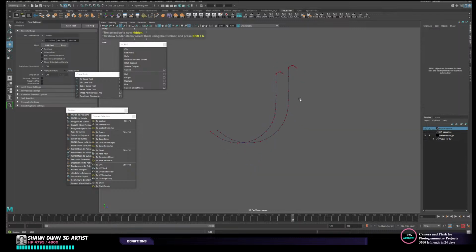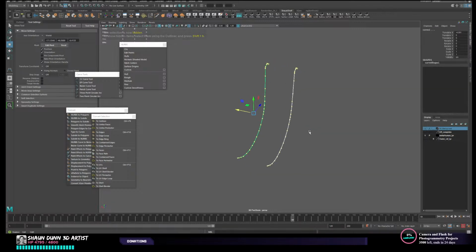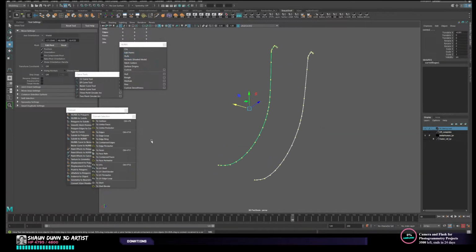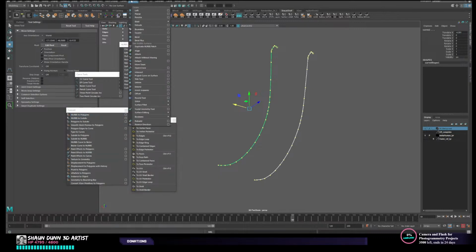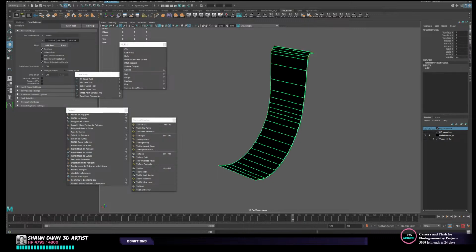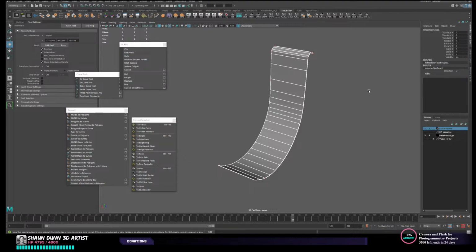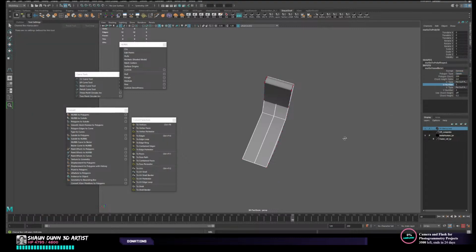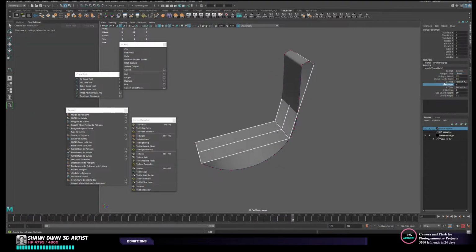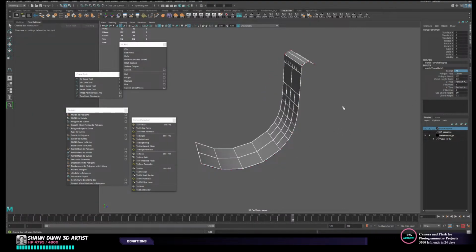All right, so there we go. Now we have this perfect shape. I was dreading this one the most, and I think it's so far been the easiest. So I'm going to go to Loft and reverse that. Oops, Surfaces, Reverse. Then I'm going to go to Polygon, NURBS to Polygon. Go to General, Quads,